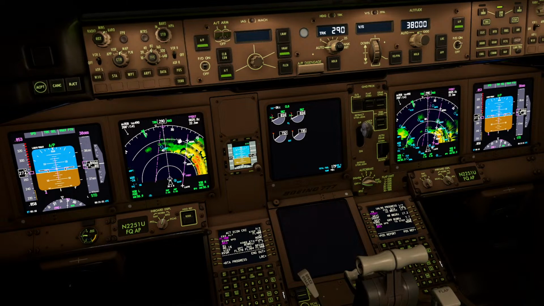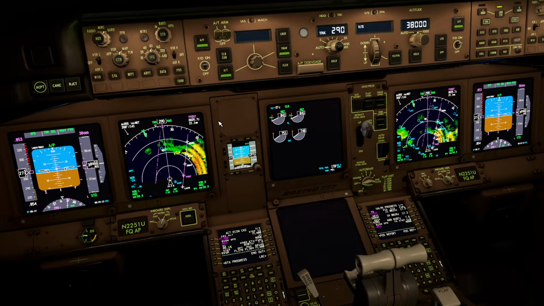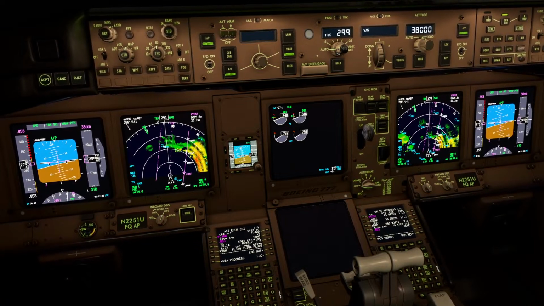There we go. I'm just trying to avoid these yellow patches we have here. It seems like everything disappears as we approach 40 miles from the weather, so most probably it is below us. We cannot do any better selection here on PMDG, on the Microsoft Flight Simulator. The weather radar is not as accurate as it was supposed to be. So right now just avoiding the yellows. Track 300,